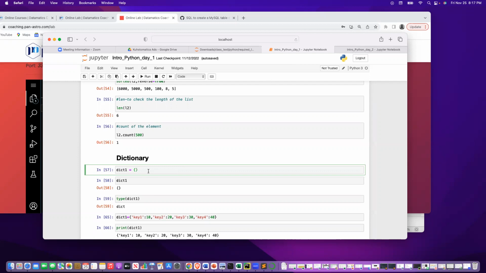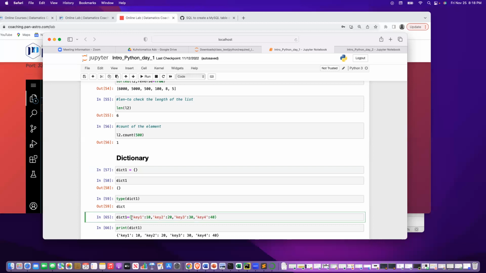It's another data type, a way of representing data too. More like when we have a key value pair, it's called. What we mean by key value is, like now we have a key,